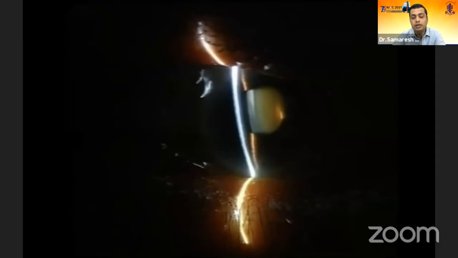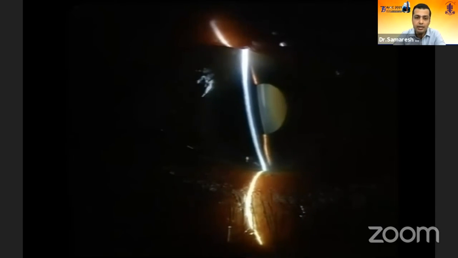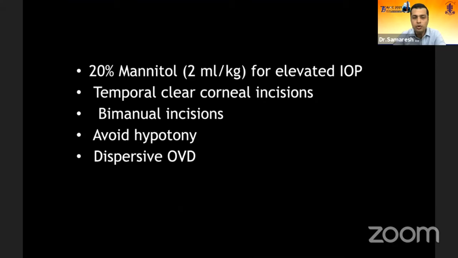So this is a small anterior chamber, as you can see on a slit lamp, with a dense cataract. I brought this case to show how things can go wrong. This is the same patient showing a B scan with thick choroidal thickening. Here I would normally give mannitol to patients where I suspect anything might go wrong. I tend to use small incisions, and I try to avoid main incisions as much as possible. So my preferred technique, apart from doing phaco for IA and IOL implant, is to use bimanual or smaller incisions as much as possible.